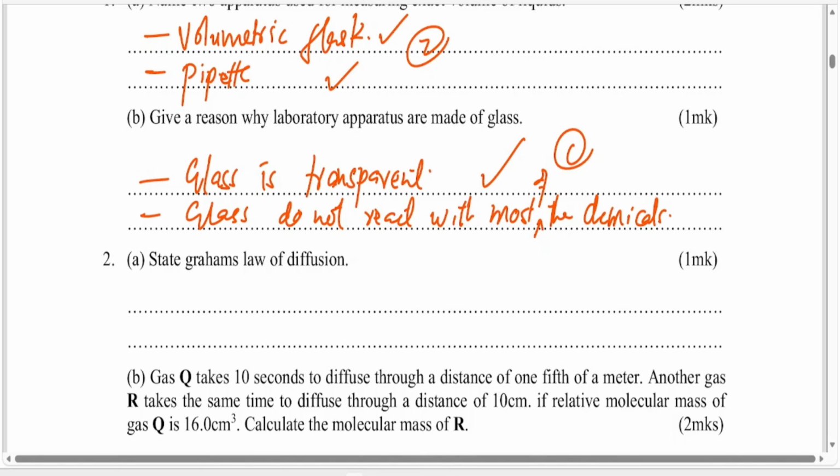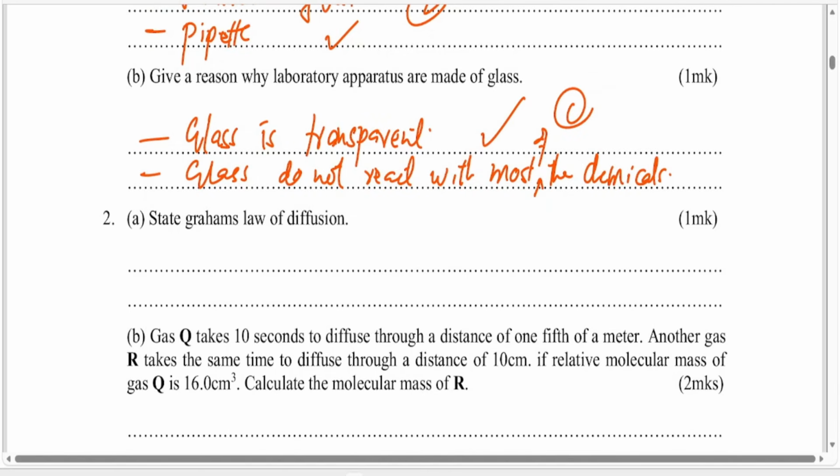Moving to question number 2. State Graham's law of diffusion. Graham's law of diffusion, as explained in Form 3 in gas laws, states that at constant temperature and pressure,